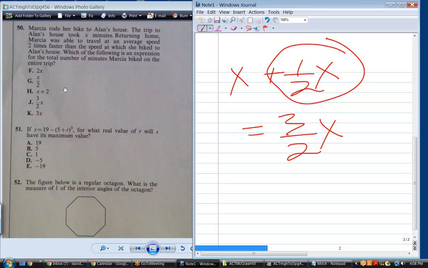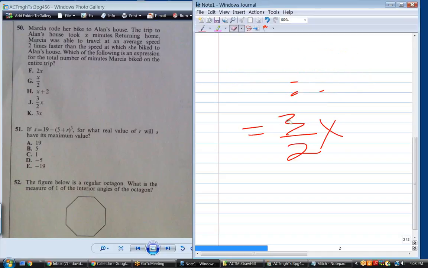Something else. The first time you take the ACT, you want to make sure you see all 60 questions, okay? There's no way you want to run out of time on the 50th question, because you might have some easy questions in 51 through 60. They don't always get a lot tougher. And so the first time through, really, you're trying to isolate problems that you think you can do versus problems that maybe you don't think you can do, or that look hard enough to be put off to the second